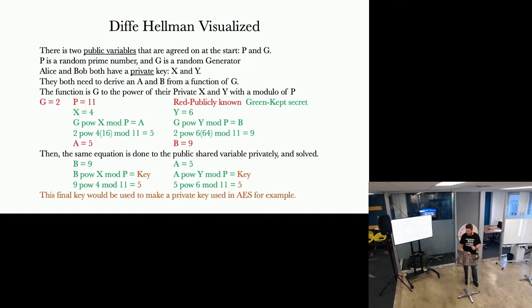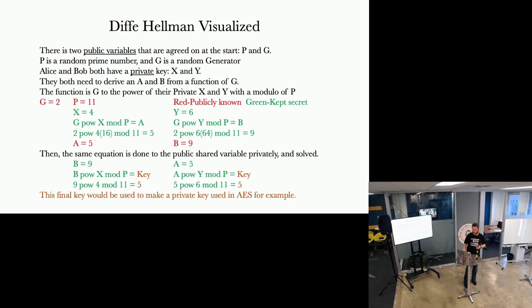Yeah? Okay, so the next slide I'm going to show you is a variation of what you've just seen here, but rather than using a generator like this and a prime number like this, there are points on a curve that are used to do the exact same operation. I'll give you a point on a curve, you give me a point on your curve, and then we do some mathematics to it, and that gives us the same shared secret in pretty much the same way.